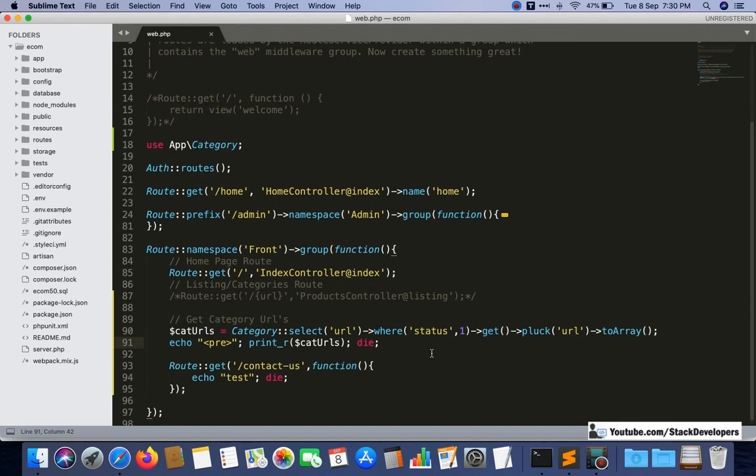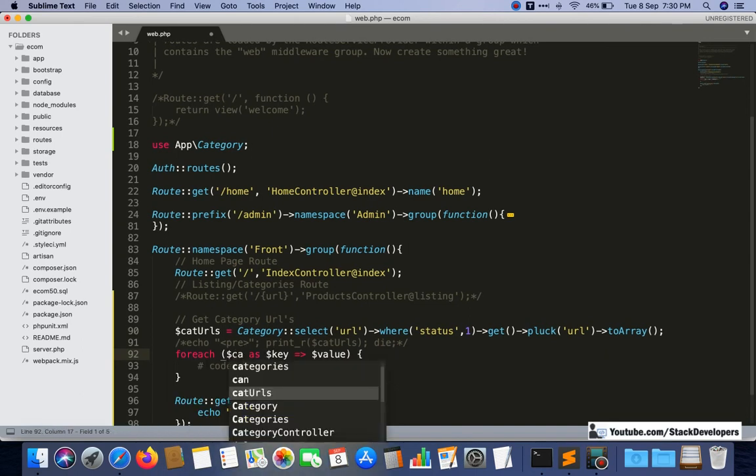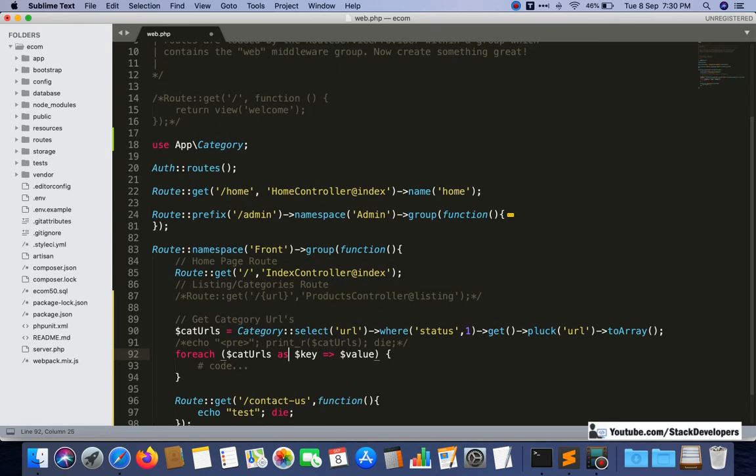Now see, cat URLs, only for these URLs we are going to add the listing page. We will call the listing function. For this we will add the for each loop, so we can disable this one. I will add the for each loop here, and here I will add the cat URLs. This key is not required because just URL is required. Here URL